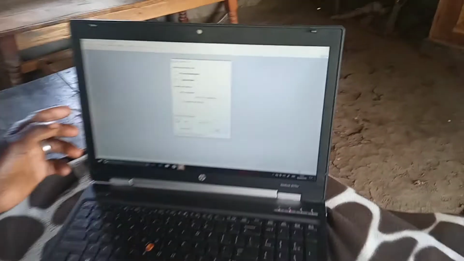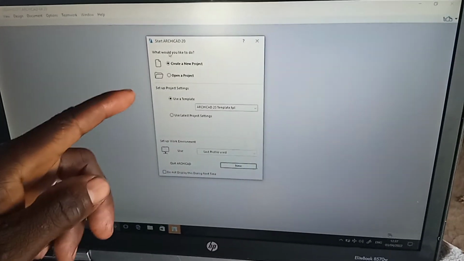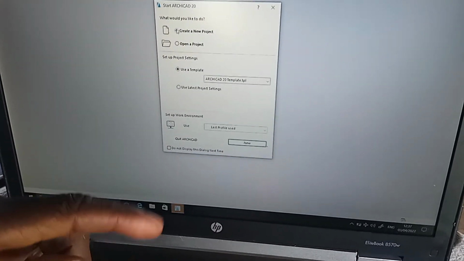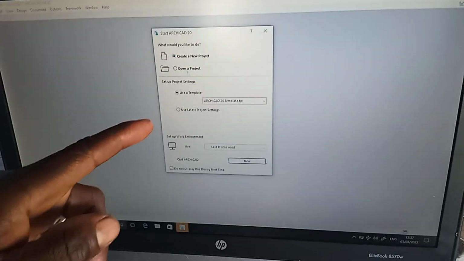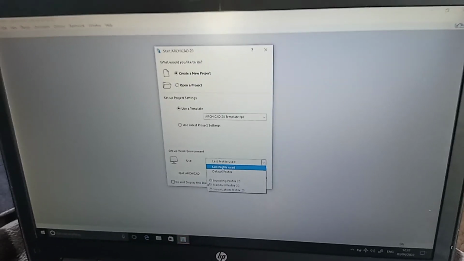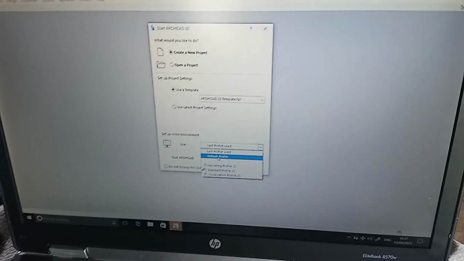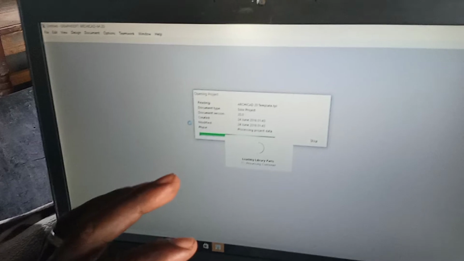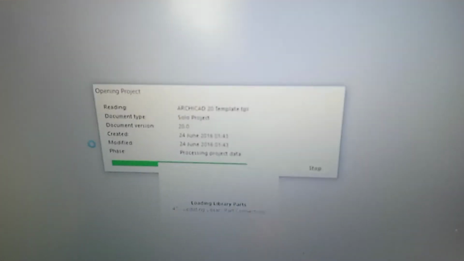So setting, what you will do, utaenda kwa option, utaenda kwa create new project. So create new project and you say utaenda kwa last profile used, utaenda kwa default profile. After that you will say new, you will click new. After clicking new, you will wait for your